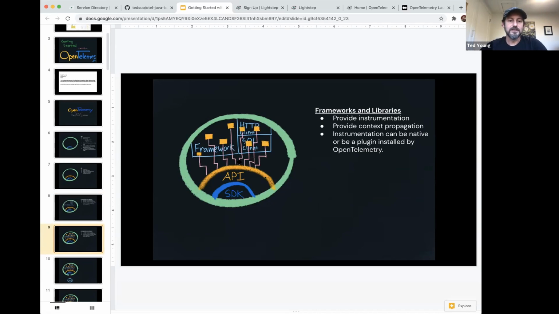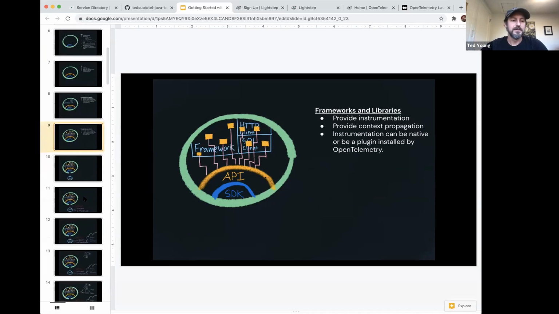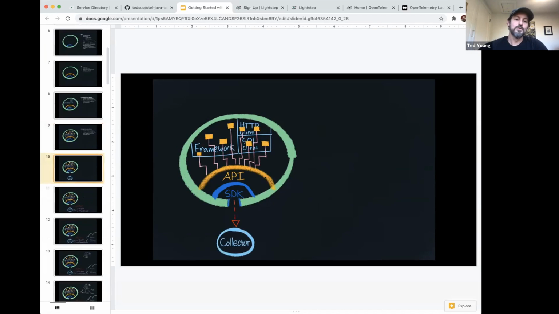So all of your framework code and your application code gets instrumented through this API. Then once your program is running, all of that instrumentation starts producing data. That data goes into the SDK. It goes into a plugin called an exporter plugin, which then batches that data up and sends it out by default to something called the collector, which is another OpenTelemetry component.